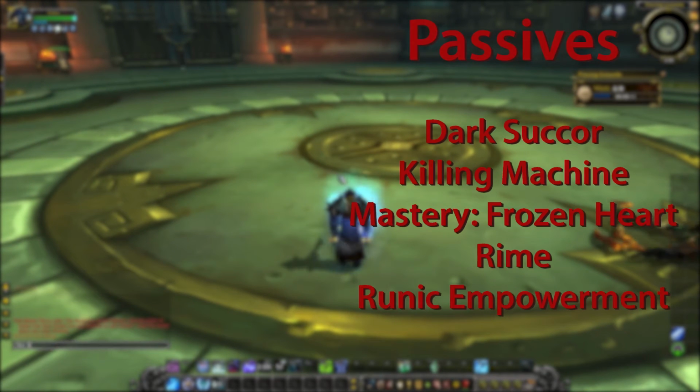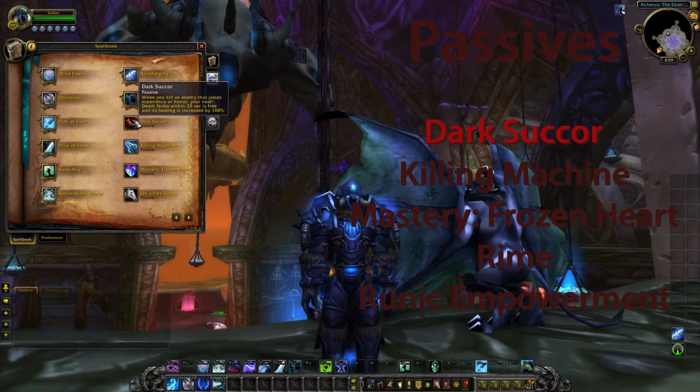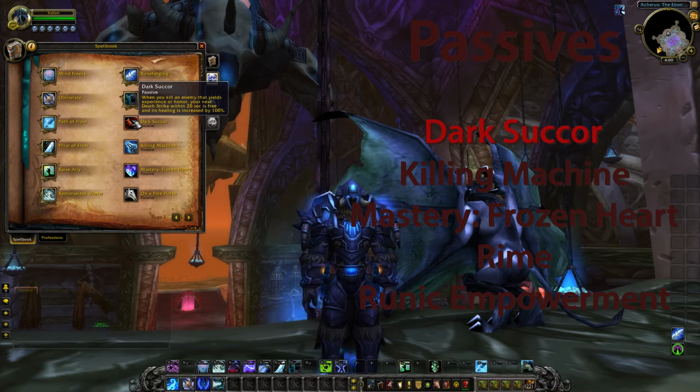The passive abilities, shown on screen here, shape a lot of the interactions between some of your active abilities, and can potentially give you an extra edge in combat if utilized properly. Dark Succor makes your next Death Strike free and increases its healing done by 100% if used within 20 seconds of killing an enemy that yields experience or honor. This passive incentivizes killing the lowest health enemy around you first in order to get the most out of your